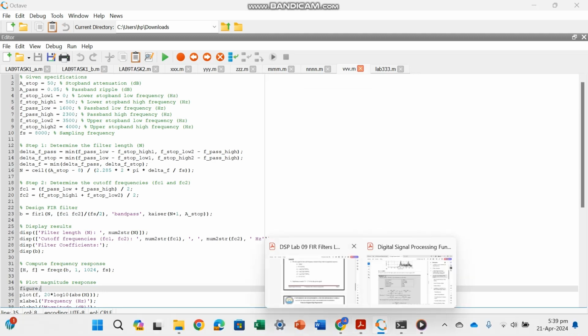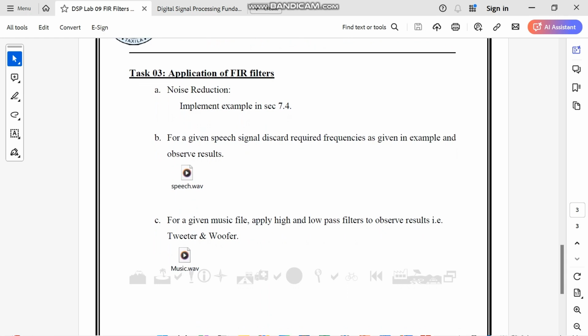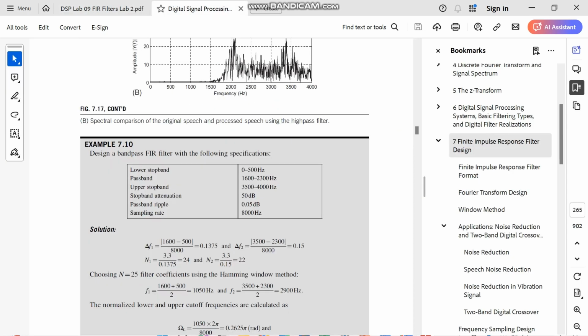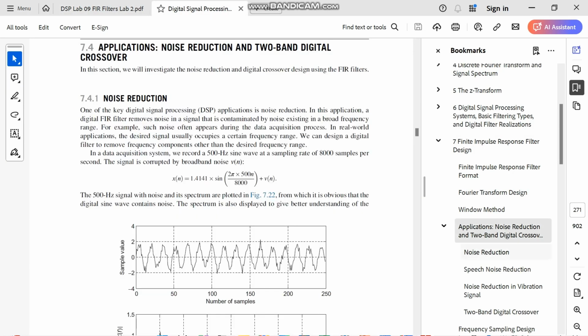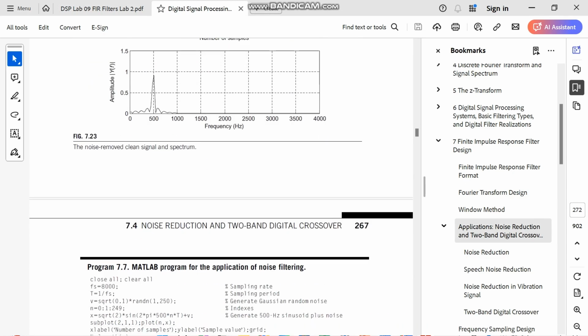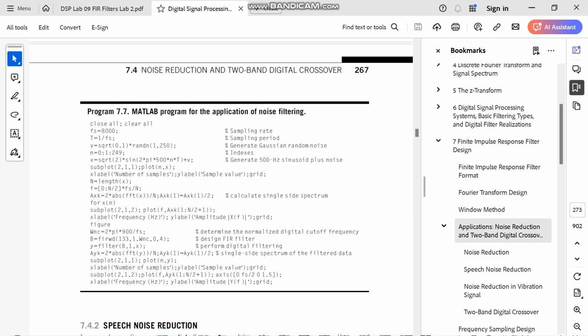Now, moving on to task 3, we have to implement the example in section 7.4 of the chapter, noise reduction. Here it is, and now we have to implement it.